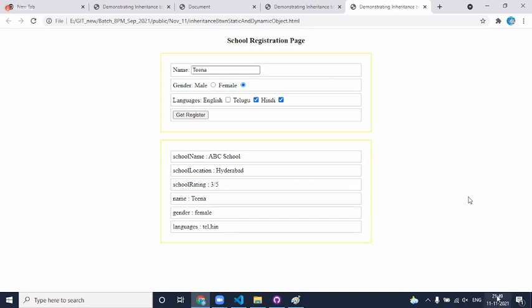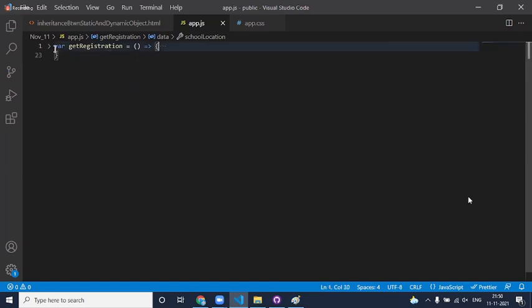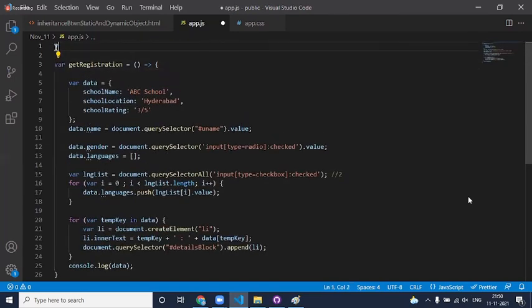But if you clearly look into the code, for the second student coming, aren't we doing this step again and again? If 1,000 students are coming, 1,000 times you are saying that school name is so-and-so, school location is so-and-so, and school rating is so-and-so. Understood what is the problem here, guys? Yes, sir. Okay, so the solution I have is, why don't you separate the school object outside? Now I say var school details is equal to a simple JSON object with all this data.